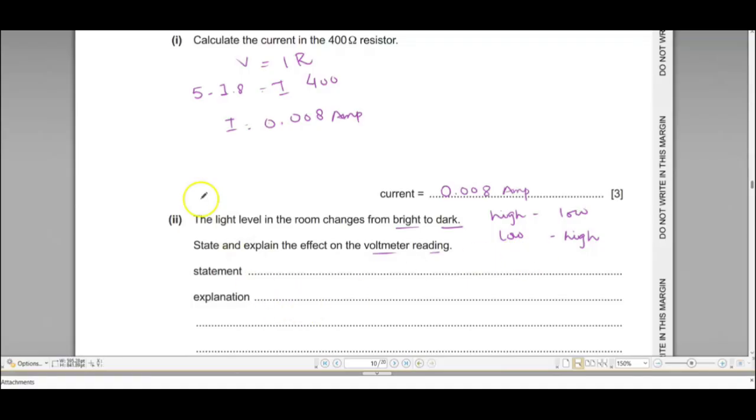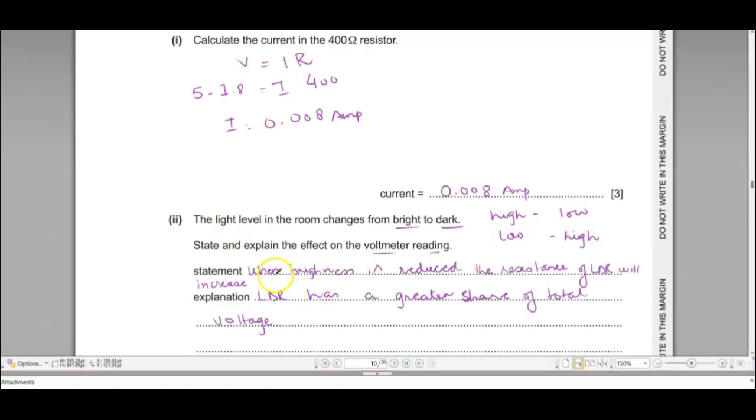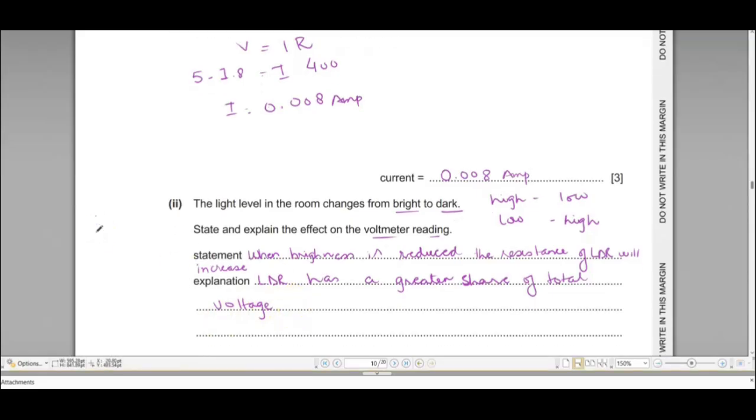Okay, so let's write it down over here. Our statement would be that when brightness is reduced, the resistance of the LDR will increase. And as we know that the resistance and voltage are directly proportional to each other, the explanation would be that the LDR has a greater share of the total voltage, right? So moving forward,